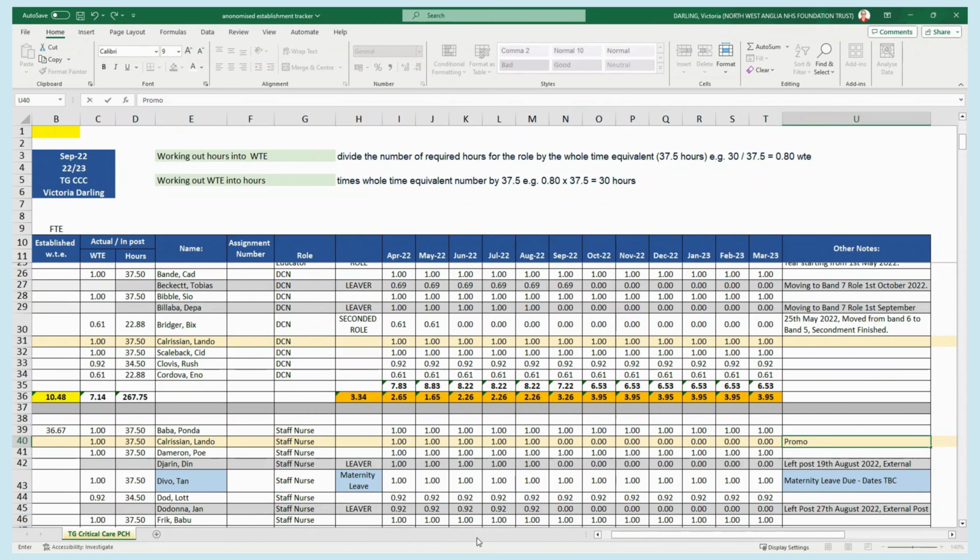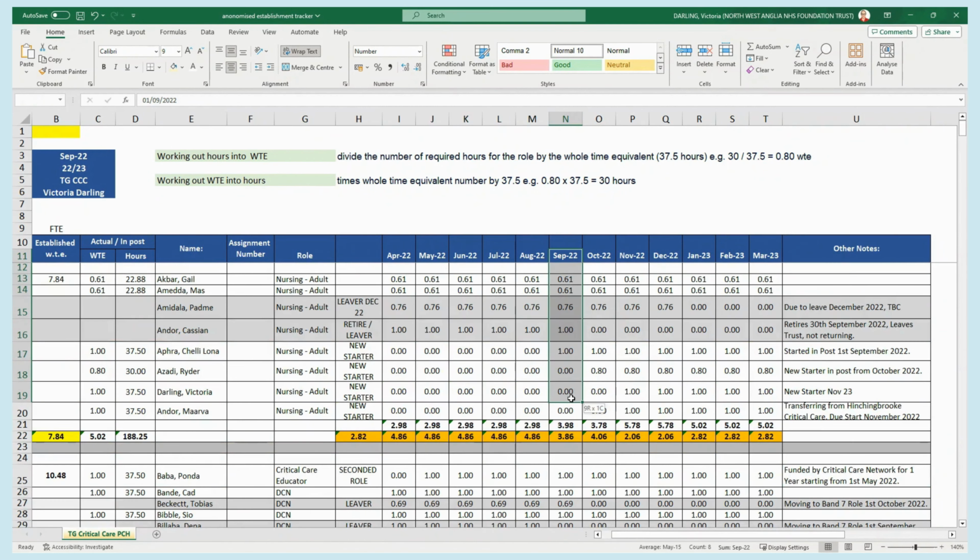So promotion to band 6, and we said that was as of September 22. And if we track that up so we make sure we get the correct month, we need to make sure we zero out the backwards view of where he was, and copy and paste our little note so we know that that is why Lando is zeroed up until September 2022,